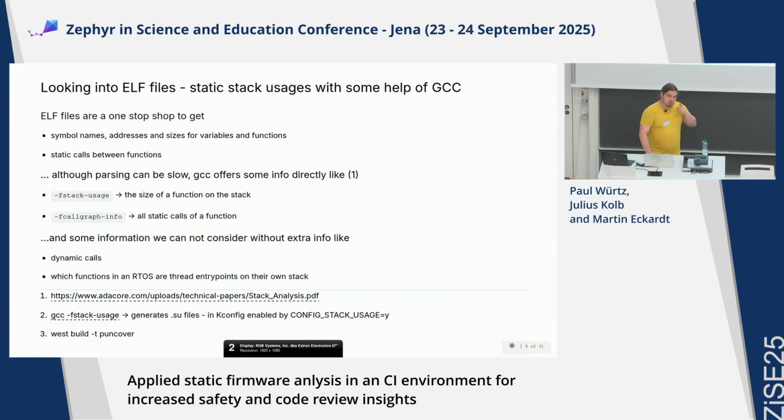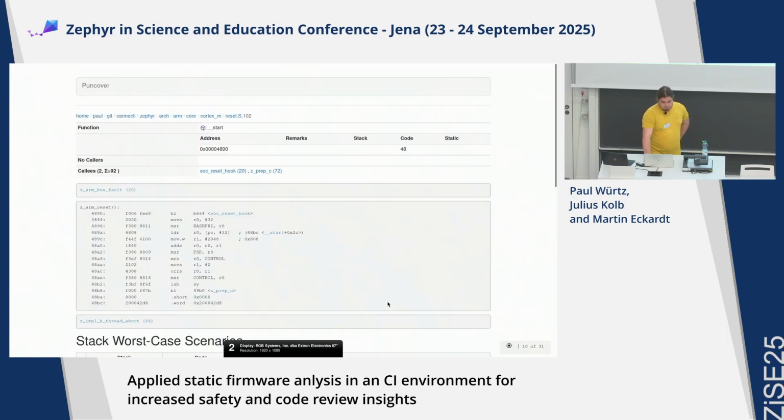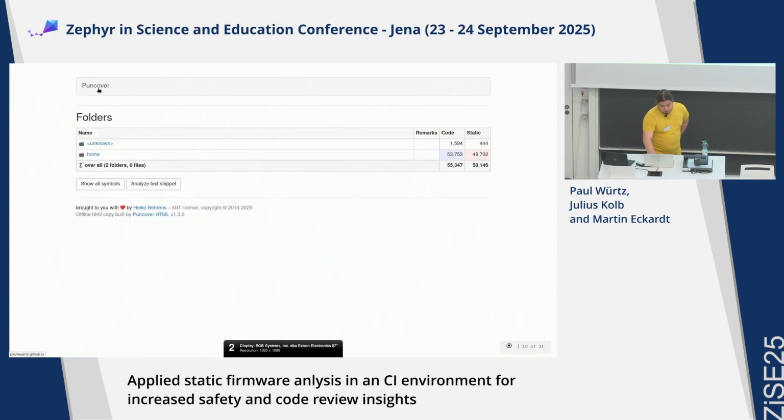But we have some limitations there, since PunCover is not RTOS aware. And on the one hand, you don't know about threads there, so it's just symbols of functions, and also dynamic calls, of which quite a lot are in the Sapphire stack, but also users add their dynamic callbacks, so the analysis oftentimes misses a lot of the calls. But as a user, you're providing these callbacks, and the Sapphire ones you could maybe automate to generate out and write it to a file. So these are like the fronts where you could improve on PunCover. But this is PunCover as you can use it in Sapphire, if you haven't seen it. So you get